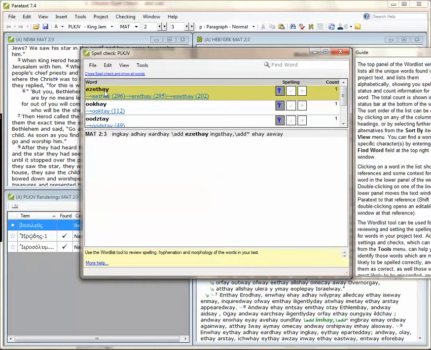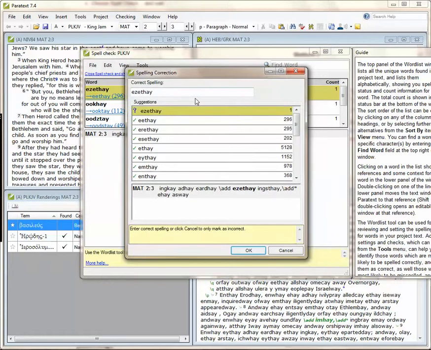This is talking about when Herod had heard from the Magi. King had heard added Ezathe Ingsthe. Oh, yes. This is a mistake. It should be Ezthe with an S, not with a Z. So, that's incorrect. I mark it as incorrect, and